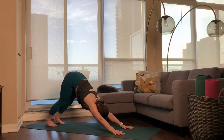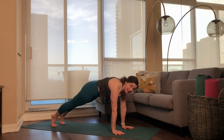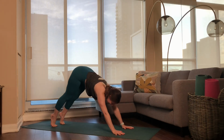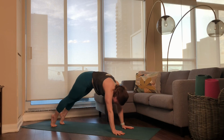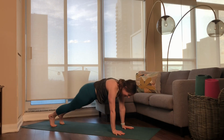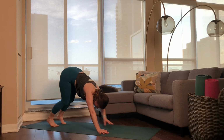Let's go 2 more times with the breath. Inhale, push forward, shoulders over wrists, high plank. Exhale, downward facing dog. Lift from the midsection. One more time. Inhale, high plank. Exhale, downward facing dog. Bend the knees deeply and walk your fingertips back to your toes at the back of